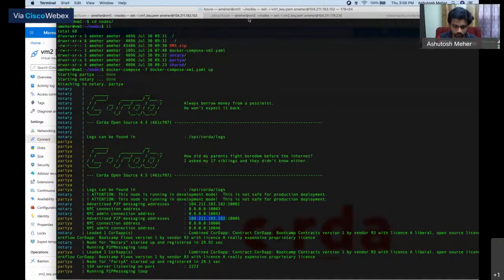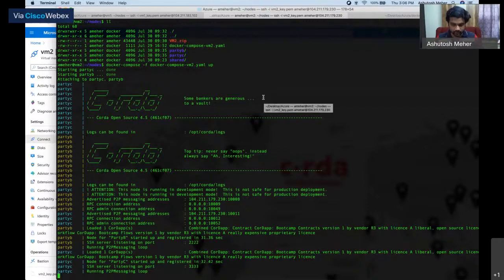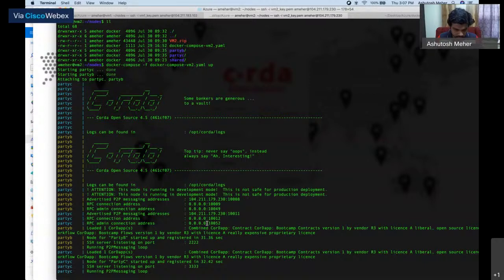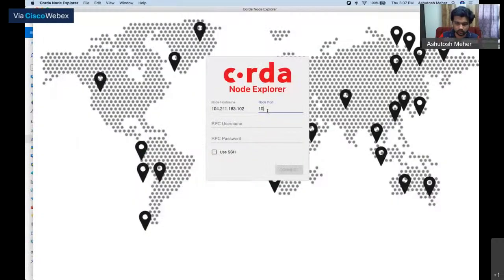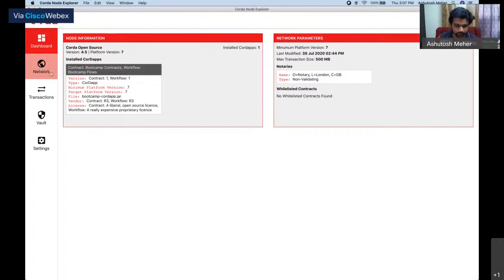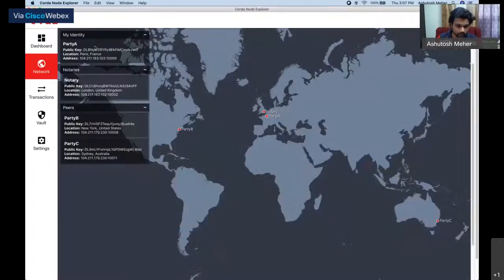No issues there. I just need to make sure that they are able to communicate. What's the RPC port? It is 10,006. User is the regular one that we generally use, the one in test. And there you go, Node Explorer connected. Going to our identity view, you get all the different IP addresses here. So yeah, I think we are all good.